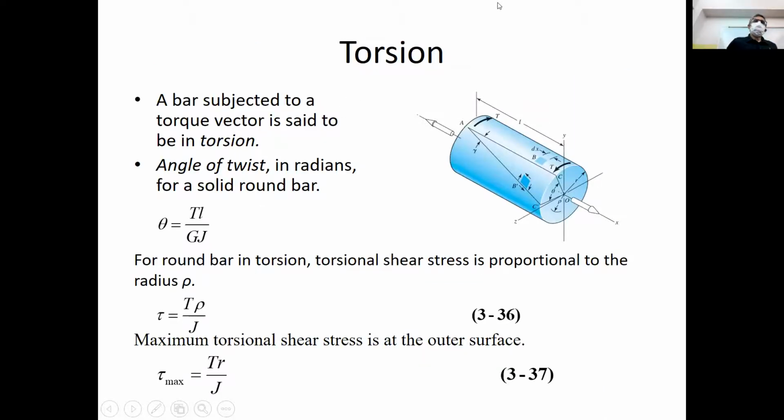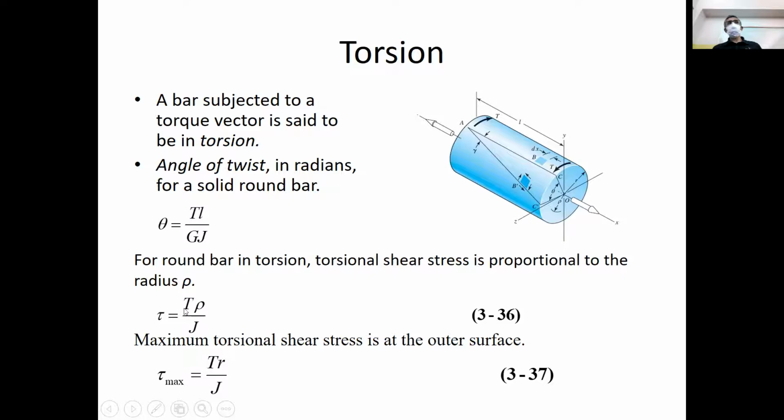Torsion. And you learned about torsion in solids. When I twist a prismatic member, I develop torsional shear stresses, that they may be calculated using the equation for a round bar, tau